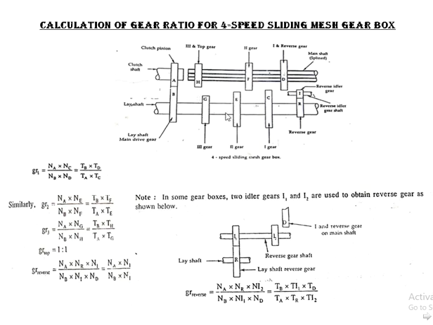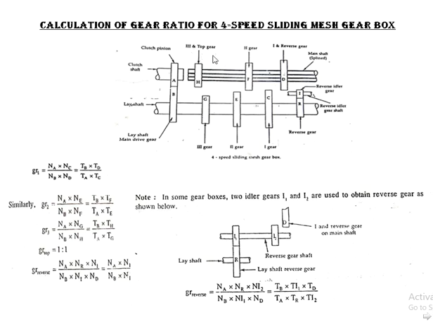Second one: similarly, when you shift this gear to the second gear, E and F are going to engage. At that time the power goes from the clutch shaft to the lay shaft to the E gear to the F gear, that is, the second gear on the lay shaft to the second gear on the main shaft are connected, and the power is transmitted. Next, third gear: clutch shaft, lay shaft, G and H are going to connect by sliding H. When these are connected, the third gear works, or we get the third ratio.